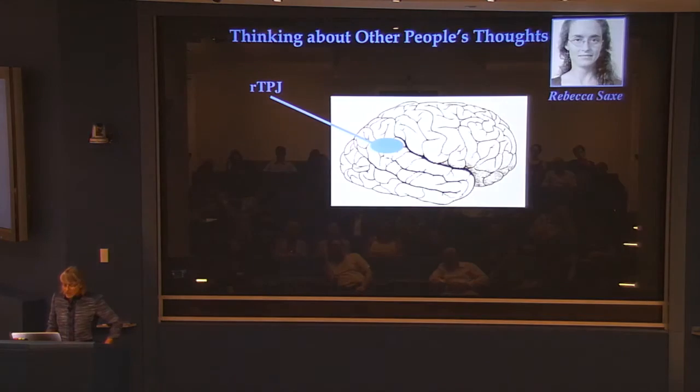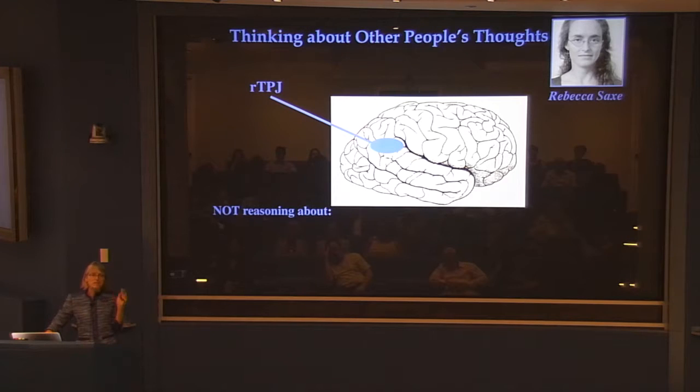Okay, so just to give you the background, I mentioned this briefly before, but starting around 10 years ago, Rebecca Sachs has been studying a bunch of brain regions, but especially this one shown very schematically here, the right TPJ. And that region responds very strongly when you do any task that requires you to think about what another person is thinking. And what's astonishing about this region and about Rebecca's data is the specificity of that response.